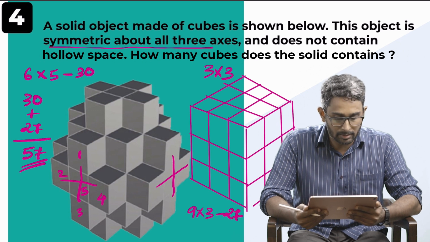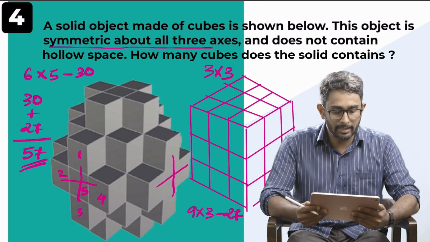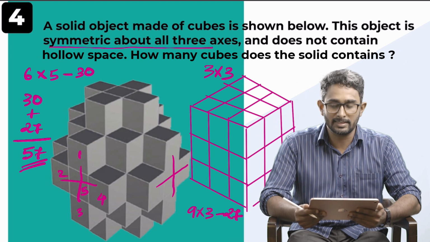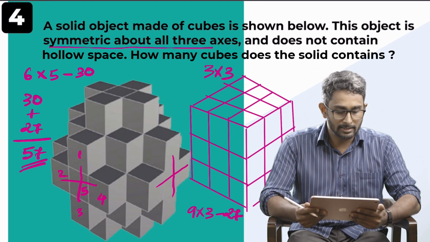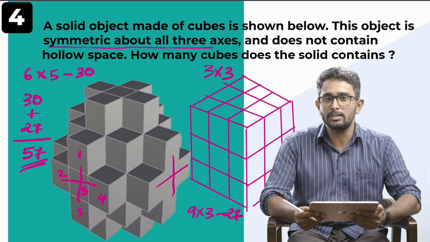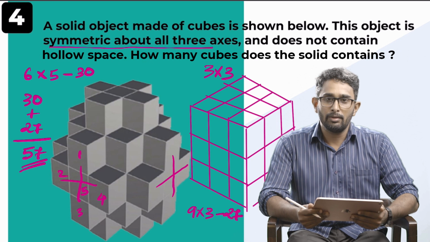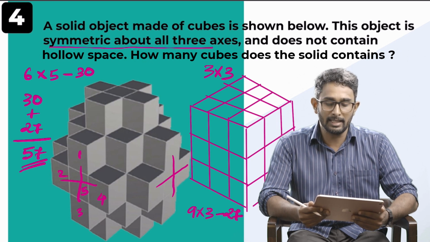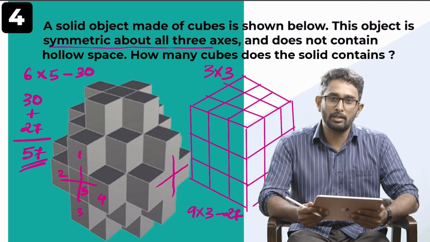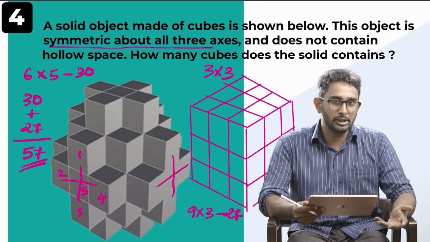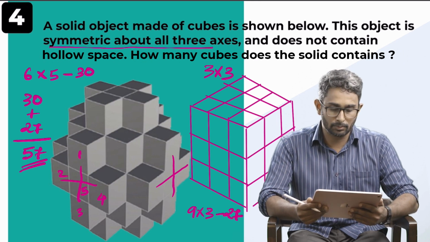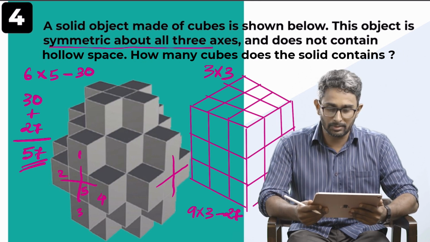Okay, I think you have understood this question. The main thing is that you have to be very careful about the symmetry, as well as count the total number of cubes. Suppose there are some other questions also in UCIT in which the same pattern is followed. You have to deal with the symmetry as well as counting the total number of cubes or any other shapes provided in the question. So let's move on to the next question.